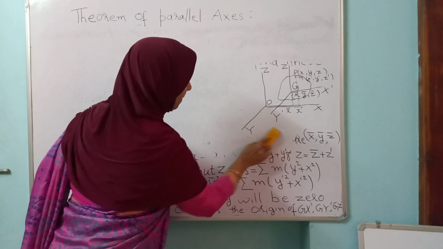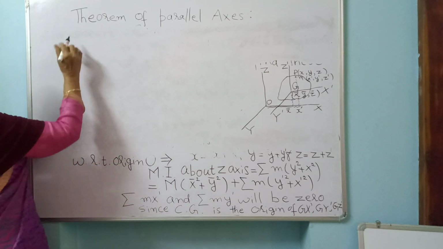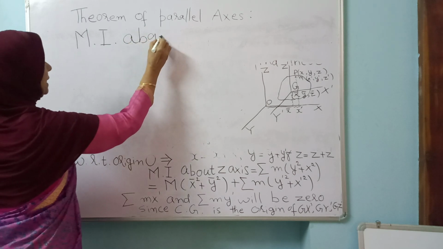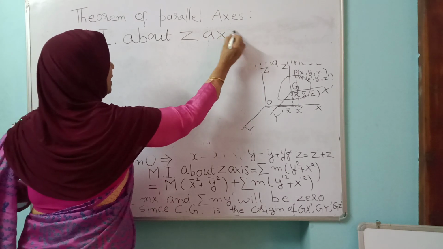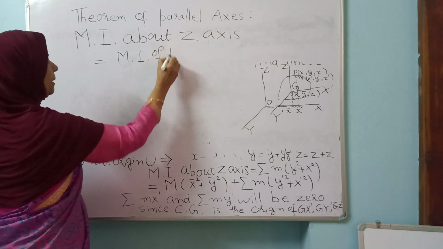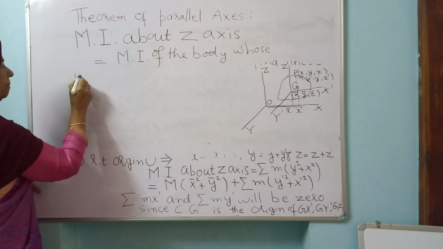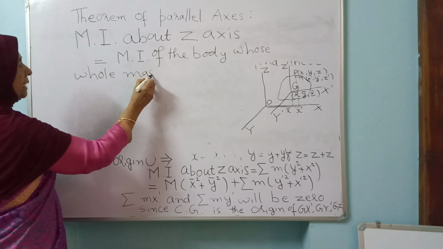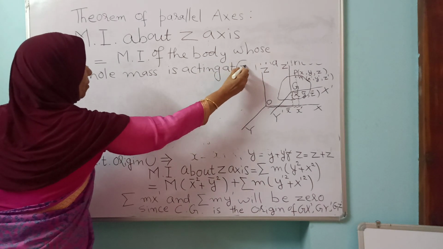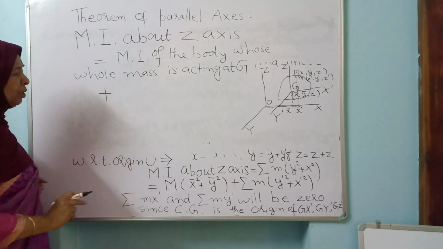That is, the moment of inertia about the z axis is the moment of inertia of the body whose whole mass is acting at G, suppose that the whole mass is collected and it is acting at G, plus one more term, that term is